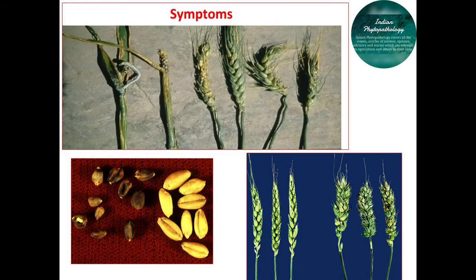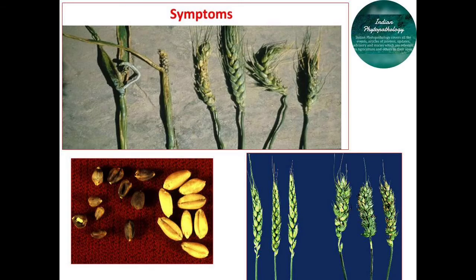This disease starts from seed contaminated with nematode galls. When such contaminated seeds are sown in the field, they absorb moisture from the soil, and the larvae, that means the juvenile stages of this nematode, escape from the galls and climb upon the young wheat plants. So there is a climbing of these nematode juveniles from the lower region to the upper region. At the time of flowering, these nematodes enter into the floral parts and form galls inside the ovaries.